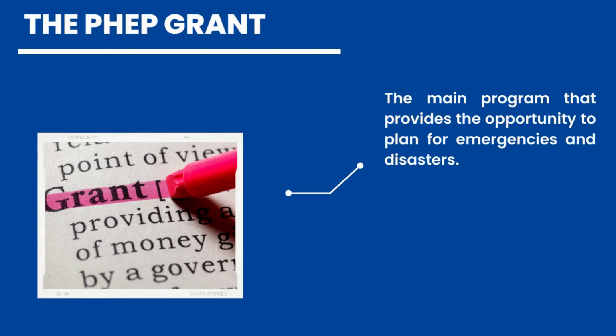Some of you may have heard the acronym PHEP, which stands for Public Health Emergency Preparedness. This program is overseen by the Centers for Disease Control and dispenses all money and requirements down to the state, which then moves down into local health departments. This program has gained its footing after 9/11 and since then has been a cornerstone for funding and planning across the state of Ohio. The PHEP program is a grant program, and with that comes deliverables we are required to complete and submit to the Ohio Department of Health.